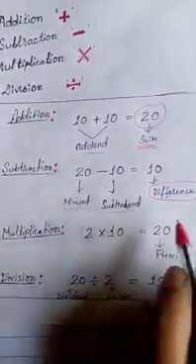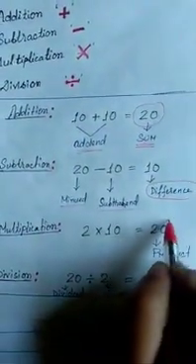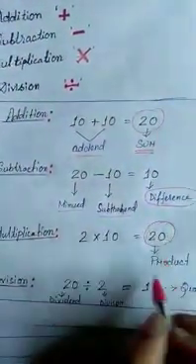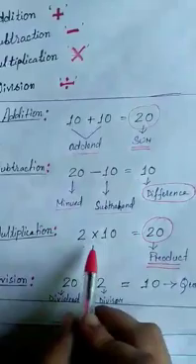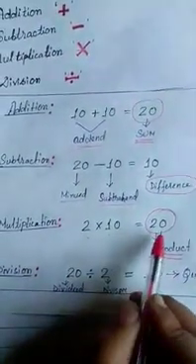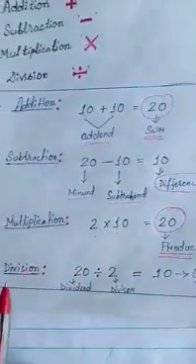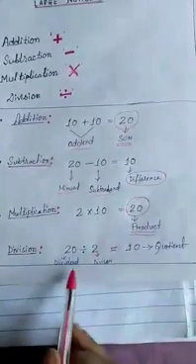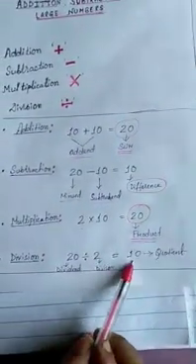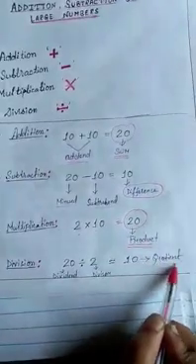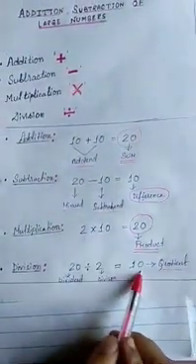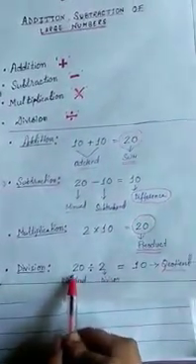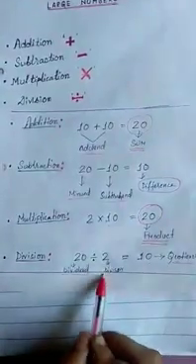So that 20, how much you will pay to that shopkeeper, the 20 is called the product. 2 multiplied by 10, you will get the product result. And division: if 20, that means the total sum, is divided by 2, then you will get 10. That 10 is called the quotient, that means the price of 1 chocolate, you will get 10. It is called the quotient, and 20 is the total, then it is called the dividend, and 2 is called the divisor.